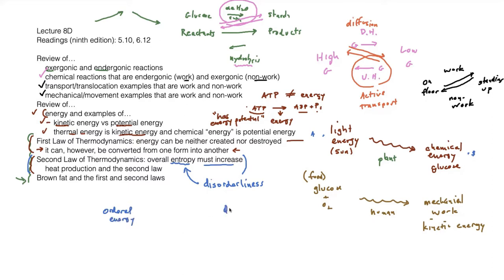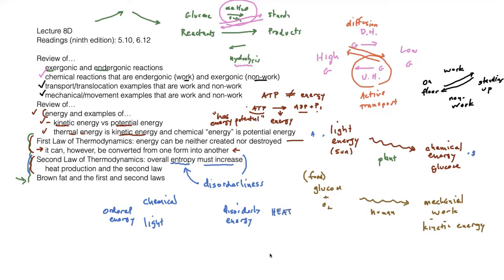You've got disorderly energy. Orderly energy would include chemical energy. It would include light energy. Disorderly energy would include largely heat,